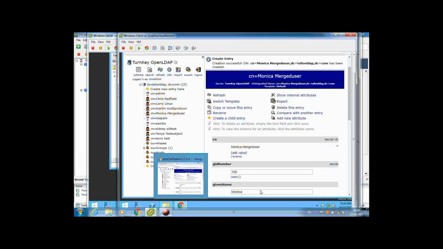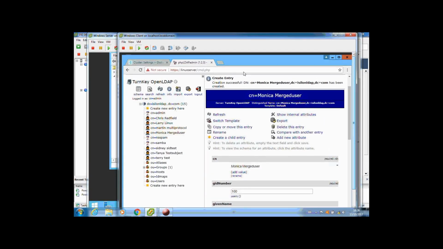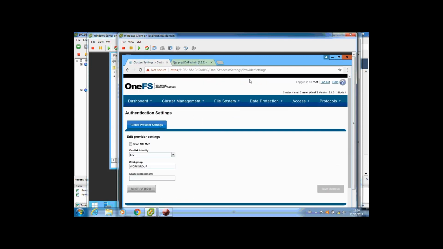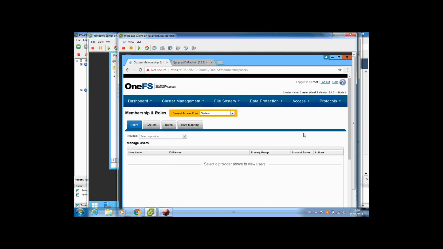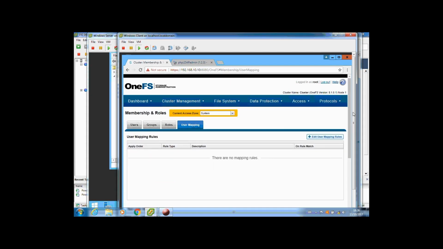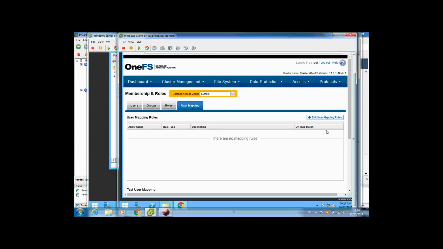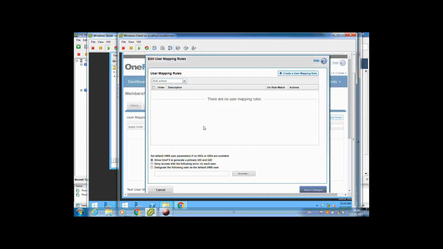Let's do that in our Windows client because we already have a browser open. And what we'll do is go to, where am I looking? Roles and roles. Our user mapping rules are here. Don't have any at the moment, which is standard. By default, there wouldn't be any there. If I want to add a user mapping rule,